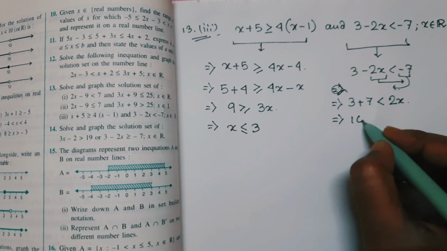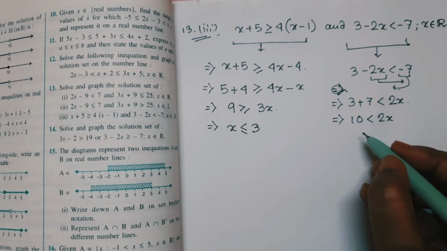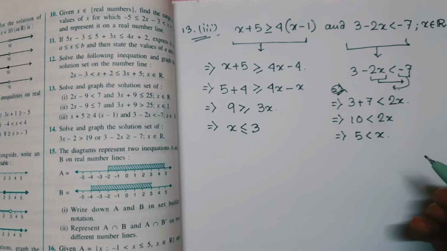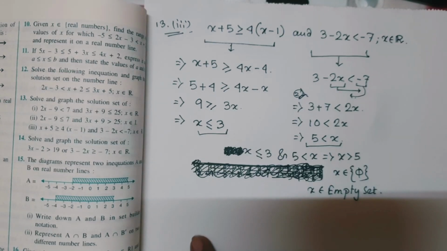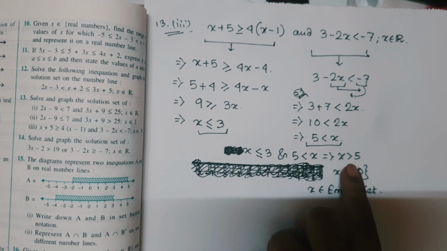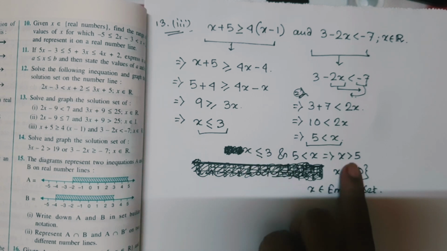So that means 10 is less than 2x. Now if you divide both sides by 2, you will get 5 is less than x. Okay, now see this, x less than or equal to 3 and x is greater than 5, and in between these two range there is